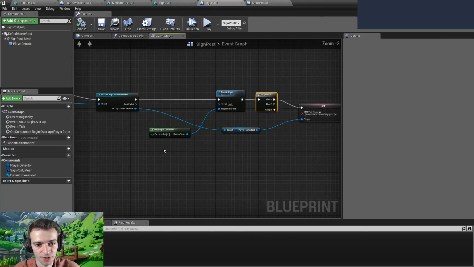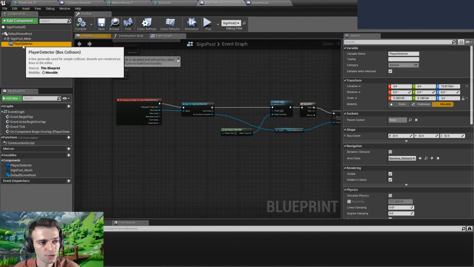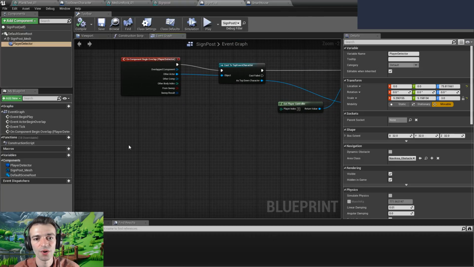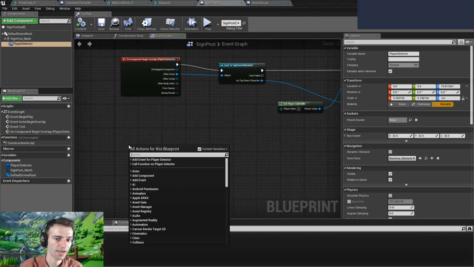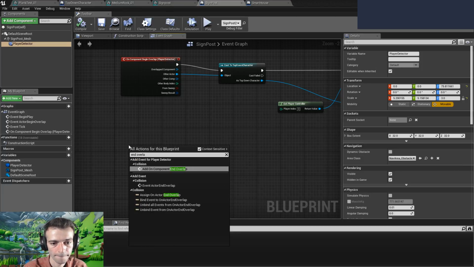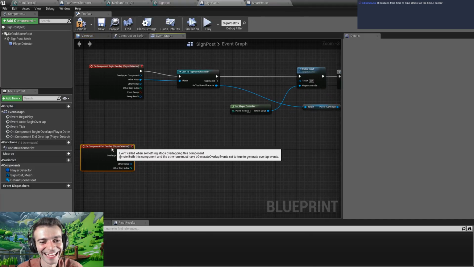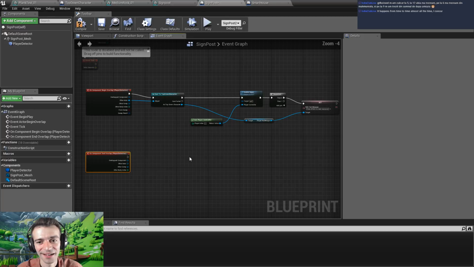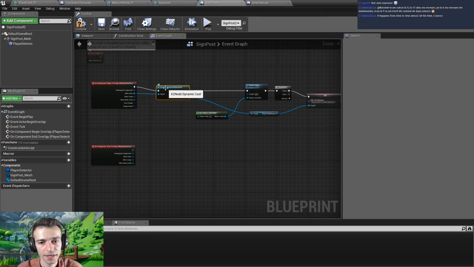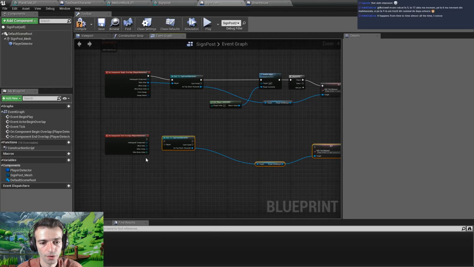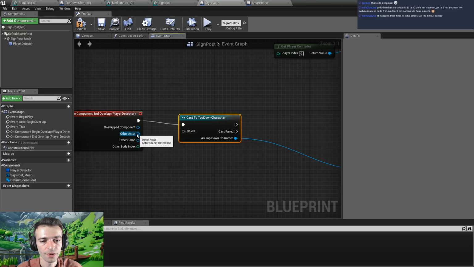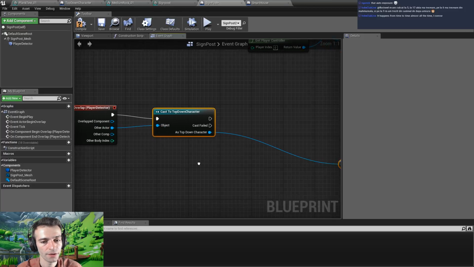Let's go back into its functionality again, and let's do on the player detector on end overlap. So if we end the overlap, if we go out of that box, okay, and again, if it's a top-down character, we'll just cast to. So, if a top-down character,